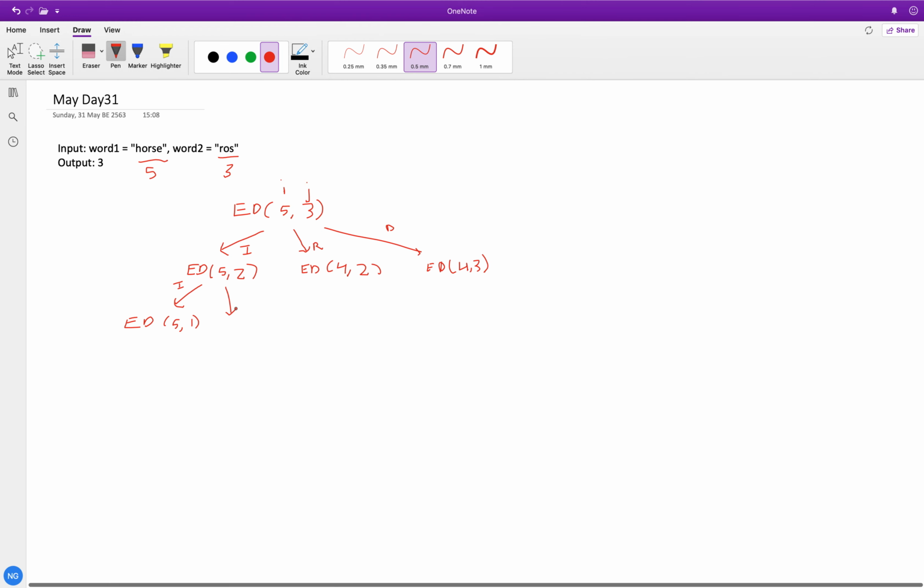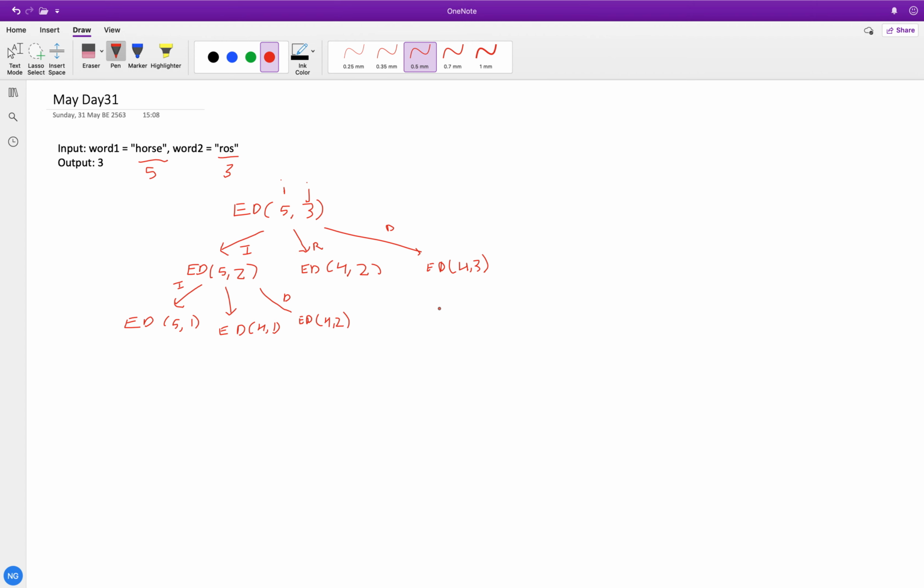Then we apply the replace operation, so this will become ed of 4, 1, and the third one we can do is delete. For the delete operation, we delete the last character of word 1, and this will become ed of 4, 2.